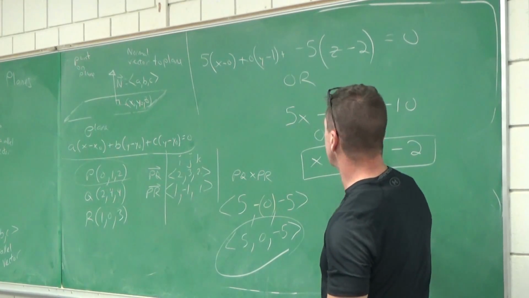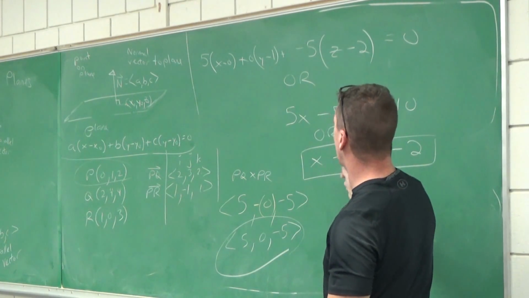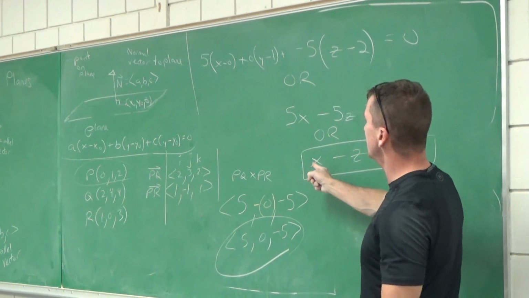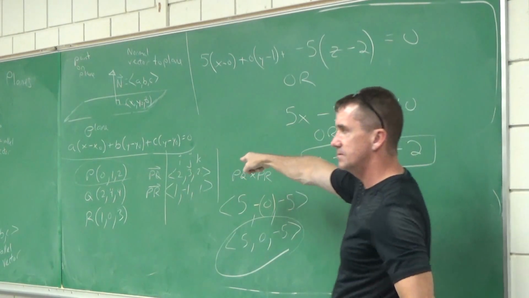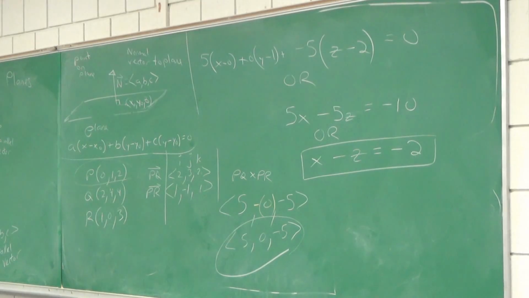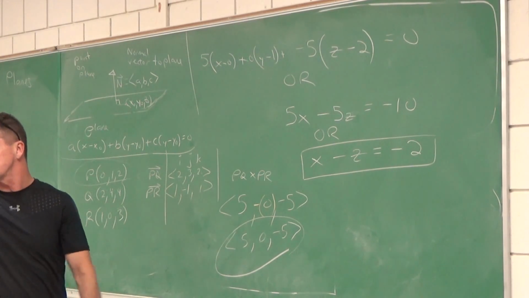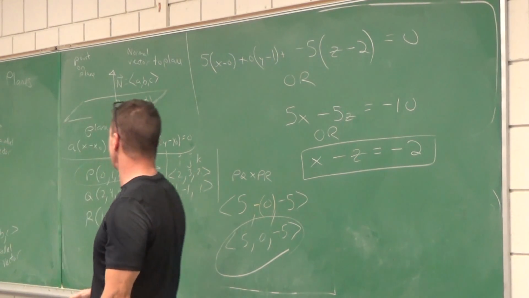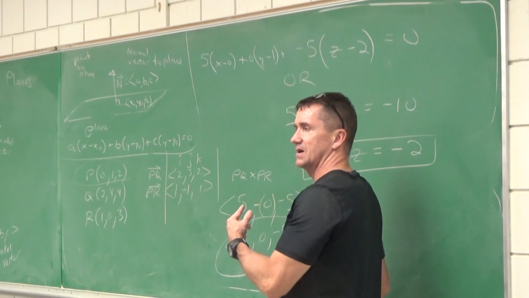But what I want is 1 minus 3, negative 2, check. Is 2 minus 4 negative 2, check. Is 0 minus 2, oh, this is the equation at the point. So that's probably as challenging as they get, really. You're like, oh, how do I get the plane, I got 3 points. You knew to find the cross product of 2 vectors. That was really good. Any questions on that?